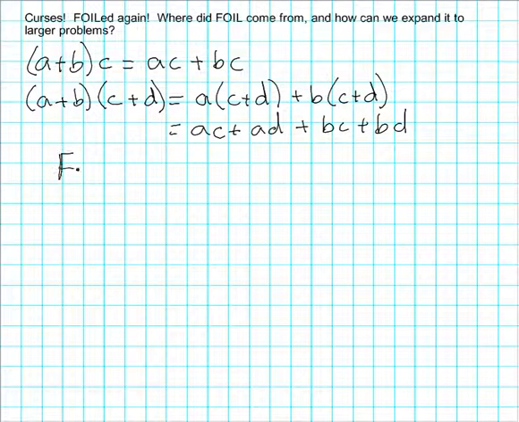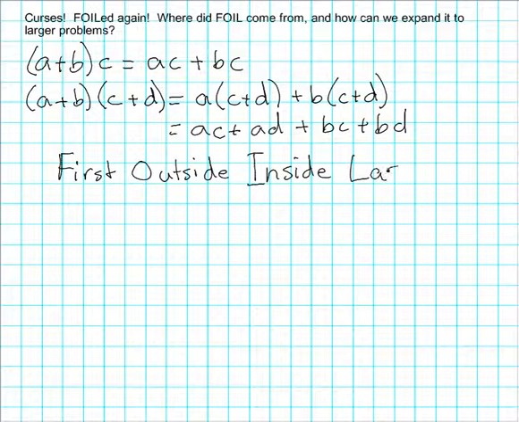Okay, remember that FOIL means first, outside, inside, and last. Okay, and we can see here that the first multiply of our result is the multiply of the